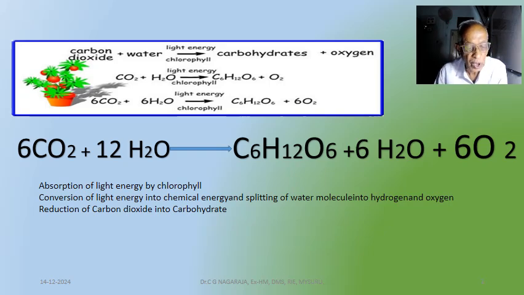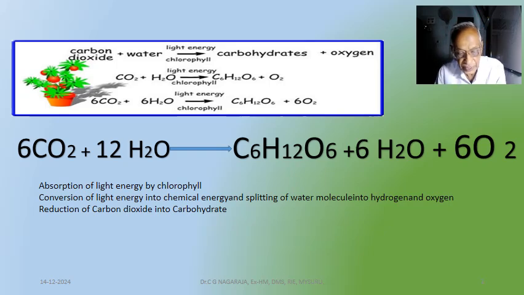carbohydrates, which are then converted into glucose and then into other carbohydrates and stored in the form of fruits and also leaves and vegetables and all these things. So this is a very, very complex chemical reaction. We cannot explain that in the short time. Just understand that plants convert carbon dioxide and water into carbohydrates, and in this process, as I have given